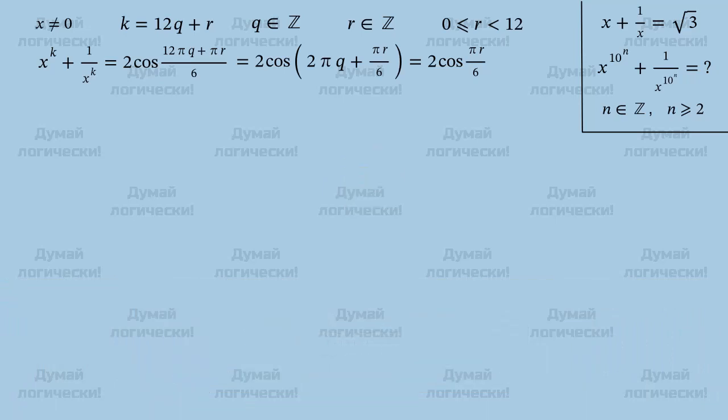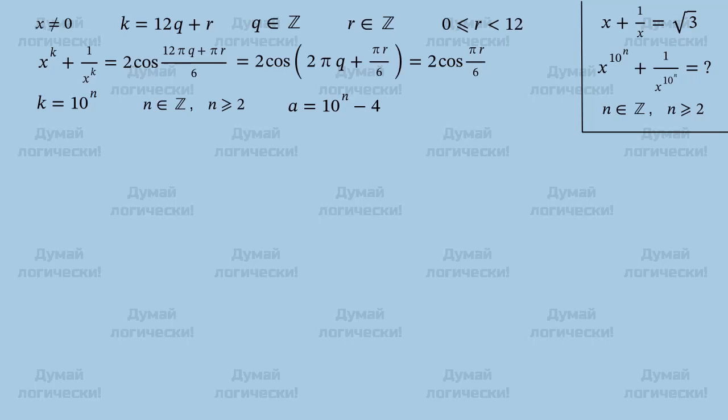So the only thing needed to complete the solution is finding the remainder of dividing 10 to the power of n by 12 for an integer n greater or equal than 2. Let's prove that for these values of n, number a equal to 10 to the power of n minus 4 is always divisible by 12. Since 12 is 3 times 4, where 3 and 4 are coprime numbers, a number is divisible by 12 if and only if it is divisible by both 3 and 4.